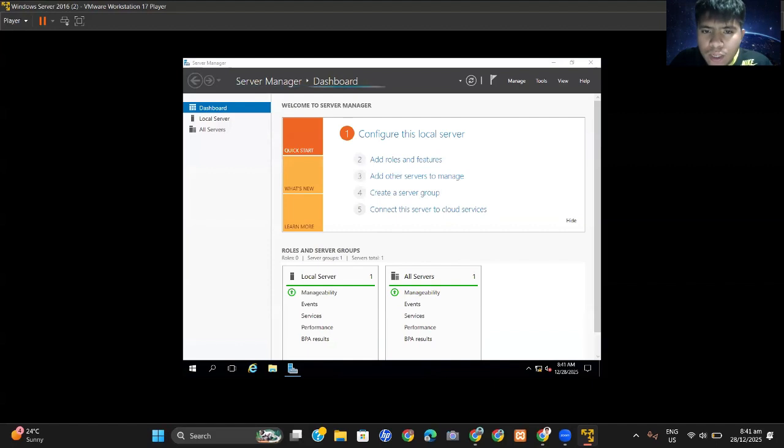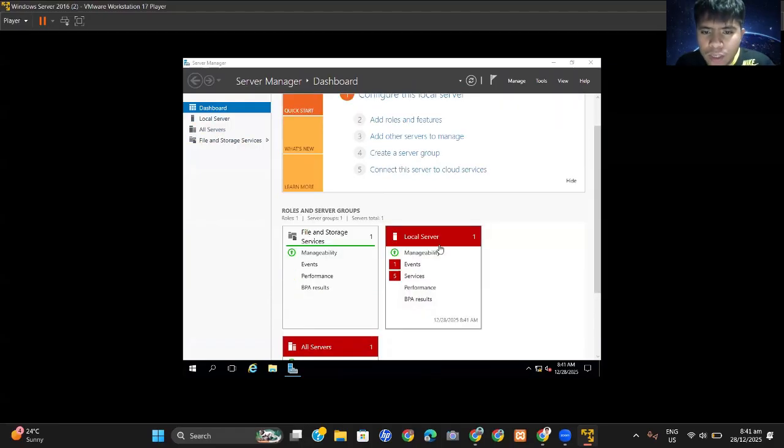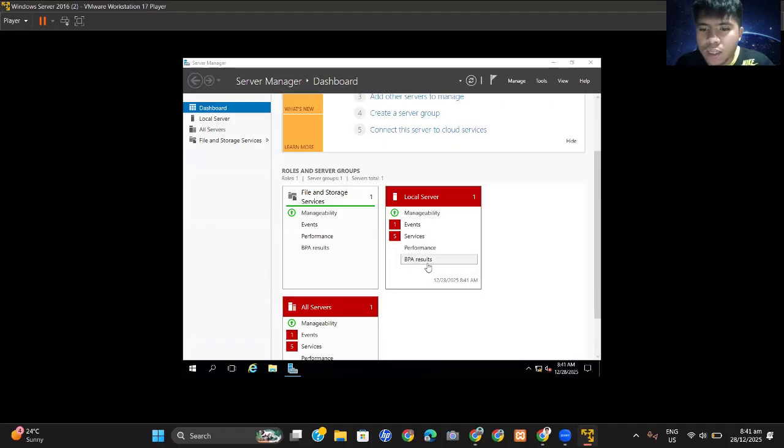As you can see, in the Server Manager we have the following: dashboard, local server, all servers, and file and storage services. As you can see, it has red here, since there are services that should be online or available only online, and we only use VMware.